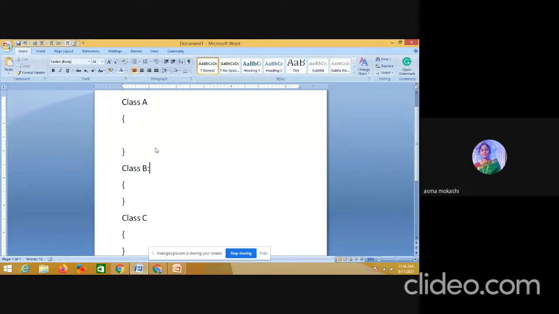Public, that is the access specifier, colon public and then my base class is A. Here in the C class my base class is B, so I have to write B here, students. Then only it is multi-level. So A is the base class for B, and C is the derived class from B class. So this is the multi-level.